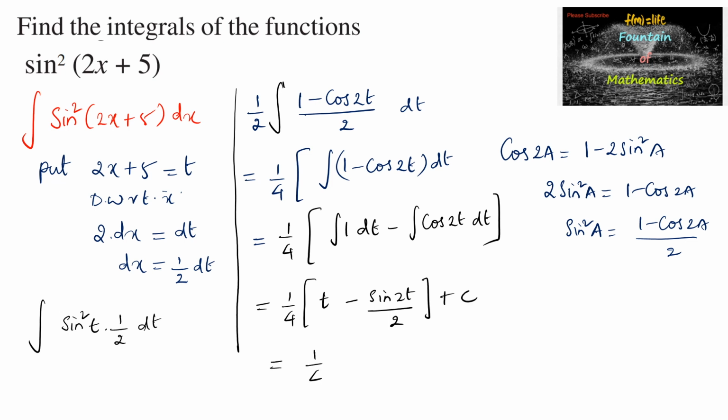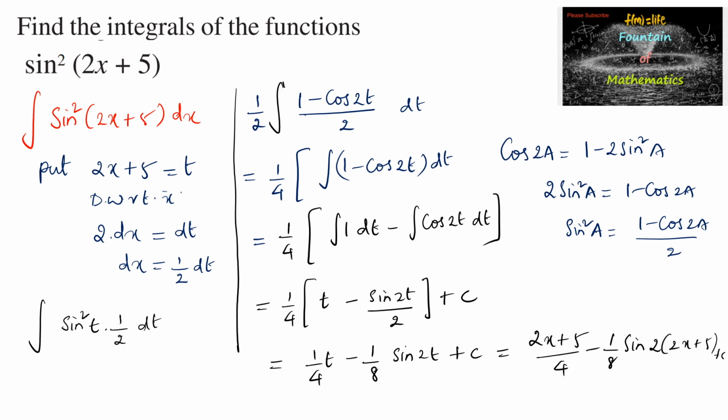So we can write 1 by 4 times t minus 1 by 8 times sine 2t plus integral constant c. Substituting back t is equal to 2x plus 5, we can write (2x plus 5) upon 4 minus 1 by 8 times of sine 2 times of (2x plus 5) plus integral constant,